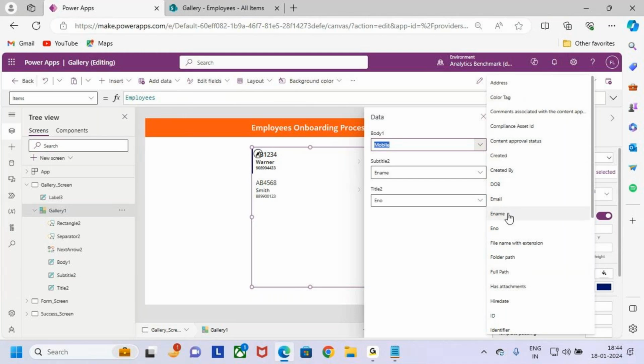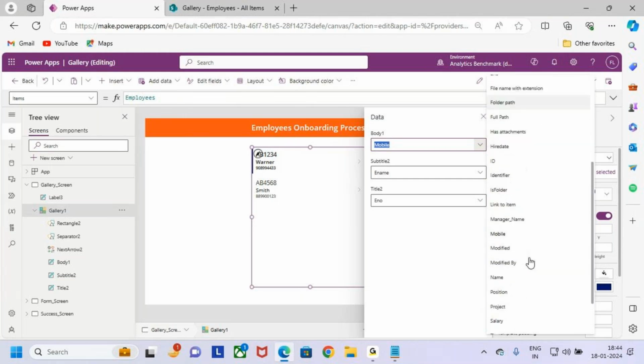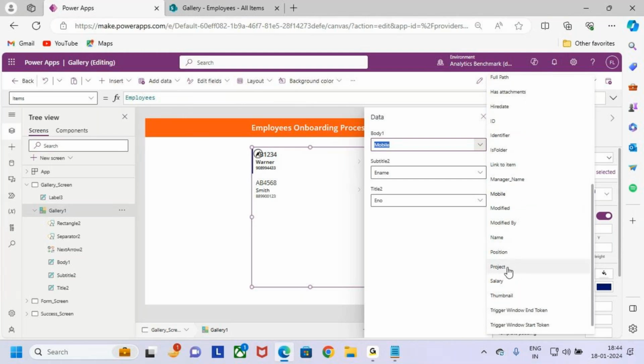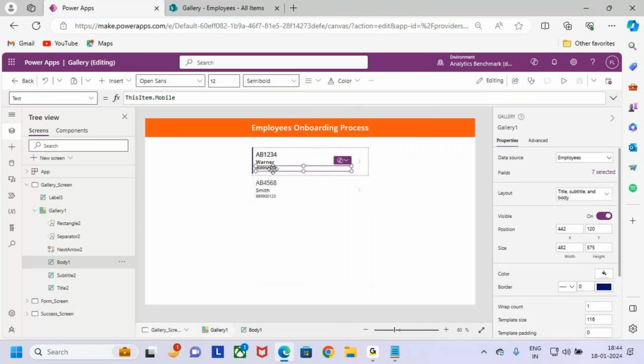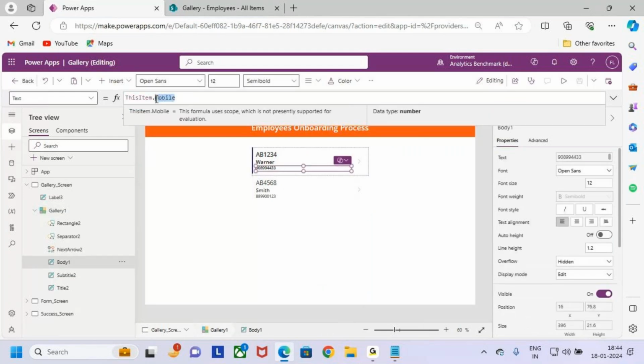I think it is not job. I think it is a position, right? The column name is position. Let me go and search for position. Yes, I'm having it here. You can select from here or otherwise select this control, go here, remove this mobile,